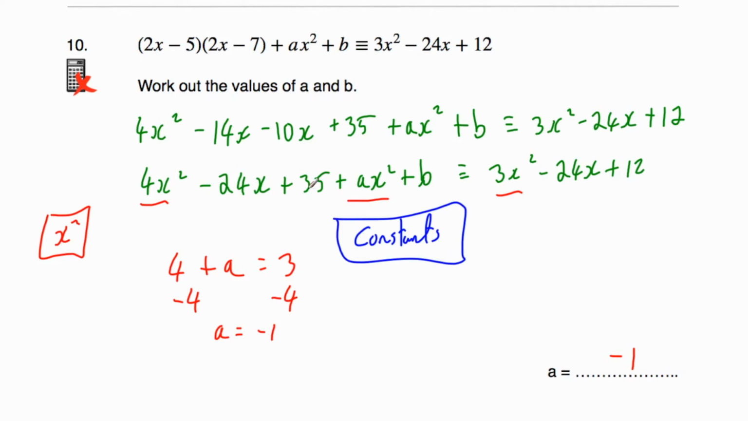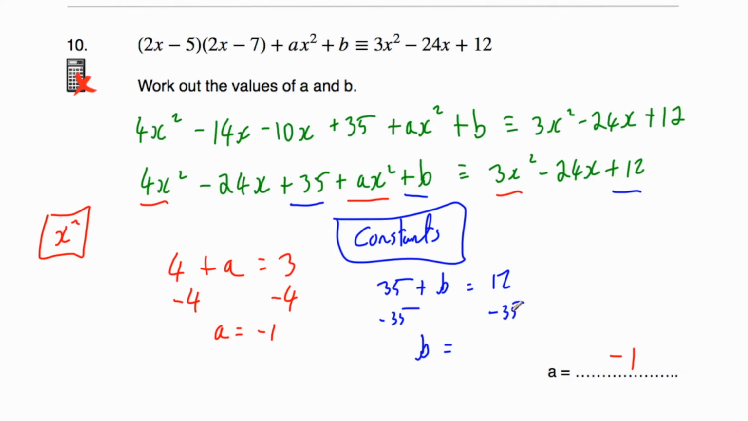So in terms of our constants, on the left hand side we've got 35 plus b, and on the right hand side we've got 12. So let's equate those. 35 plus b is equal to 12. Now we want to find out what b is, so let's get rid of this 35, so that's minus 35 on both sides. And on our left hand side we'll just be left with b, and on our right hand side